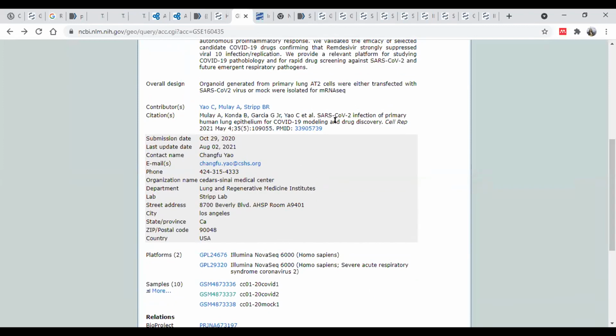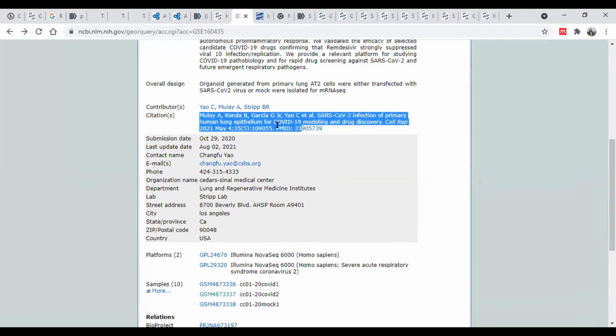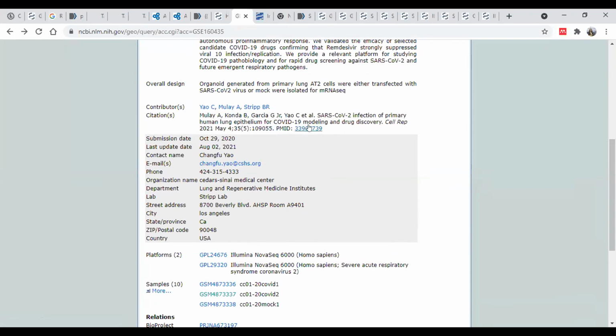But before exploring and performing any analysis, always go through the publication that is associated with this data set. Under the citation, you will find the link to that publication, for example, here. You need to go through the original publication and see what is already done in the literature with this data, because you can't ask the same question from the data which is already addressed, right?